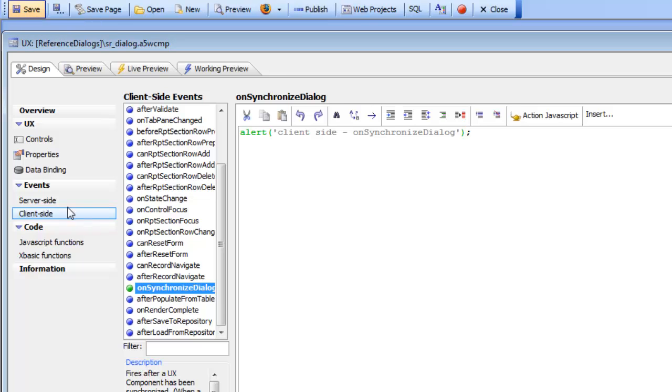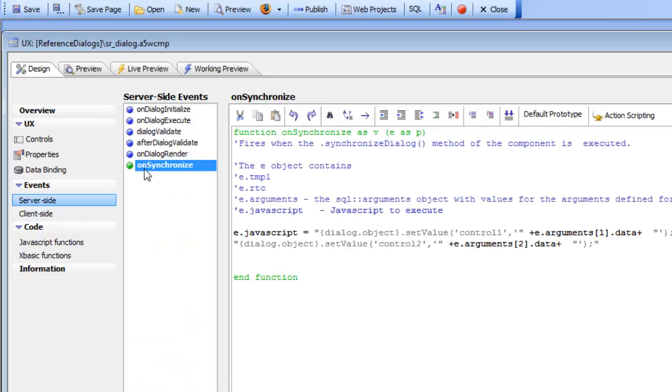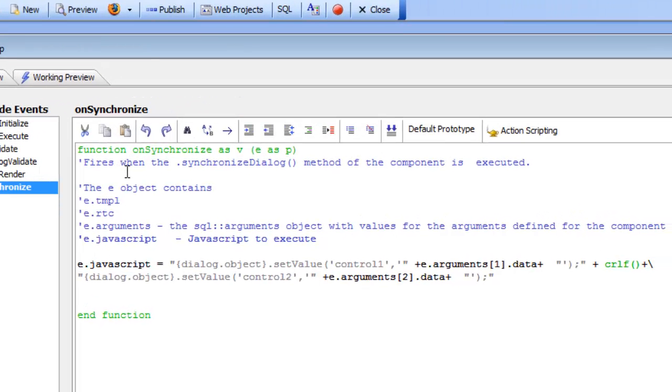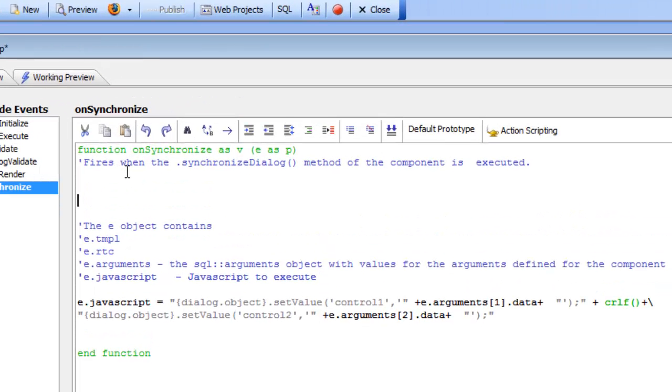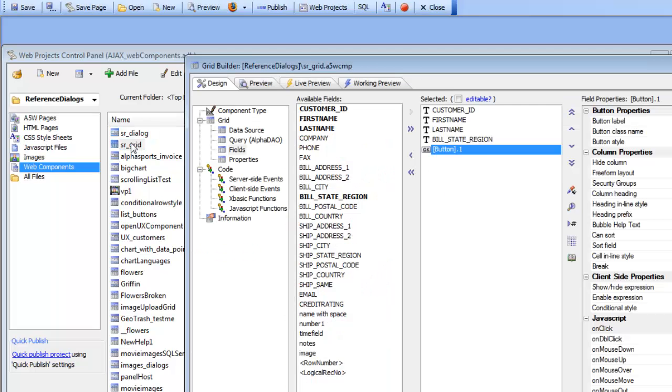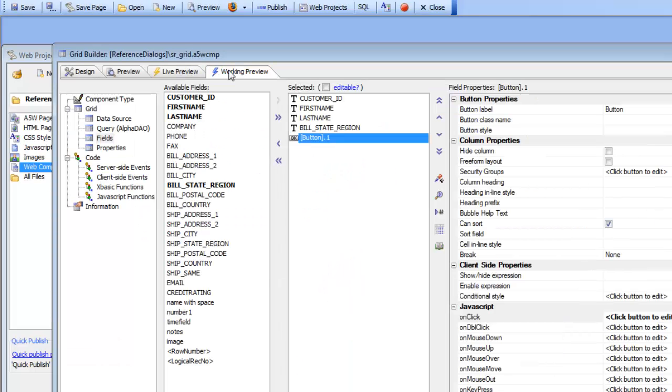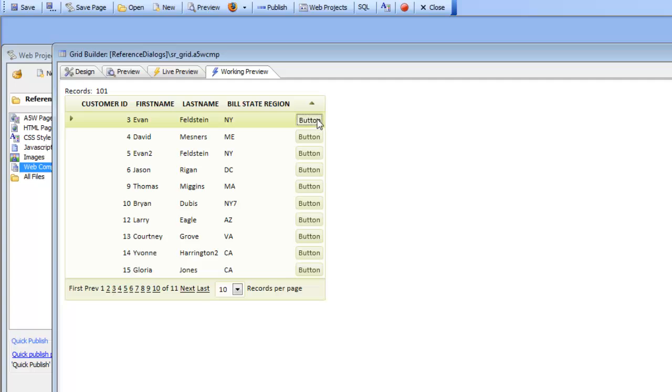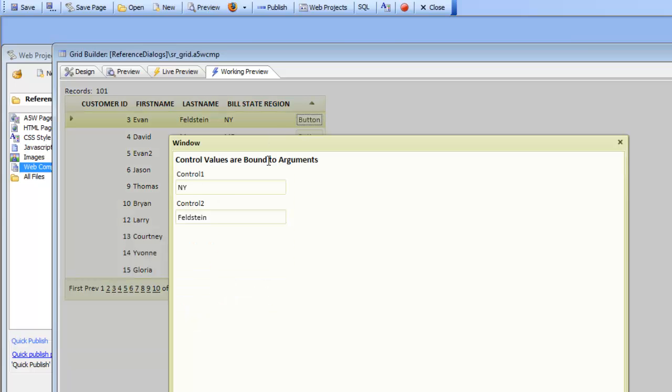And then I'm going to go to my server-side events, and you can see there's an event here called onSynchronize, and I'm going to just say exit function. So I'm going to turn off the functionality that this event performs. So we'll go back now to our grid, and we'll run it. So the first time we click this button, the dialog opens up and the controls are set correctly now,